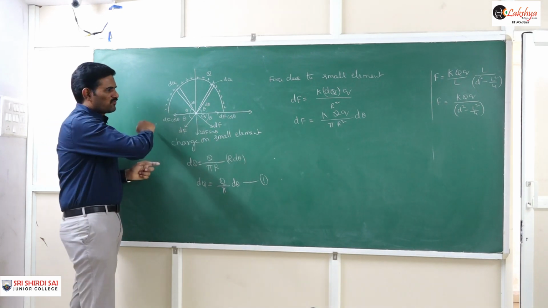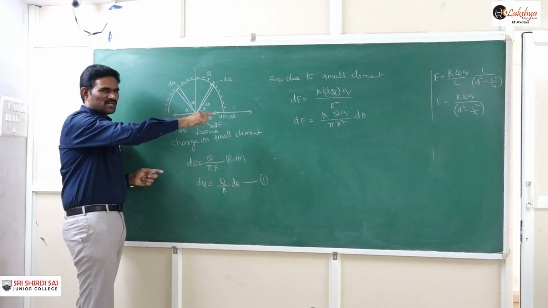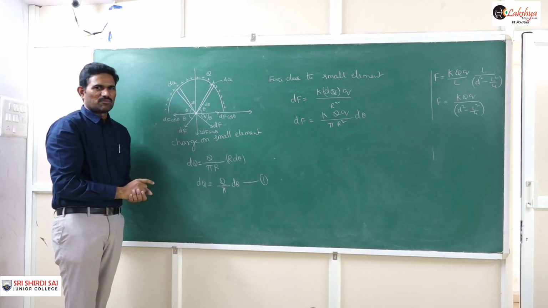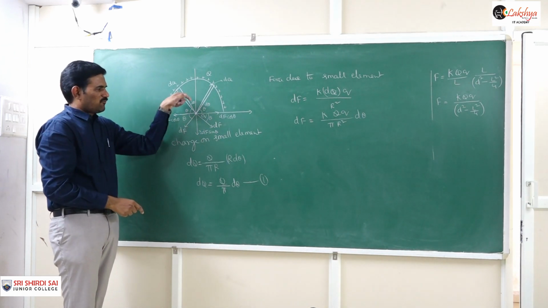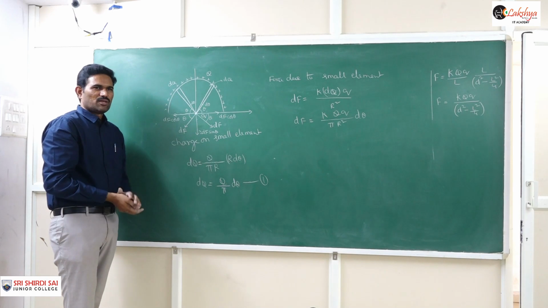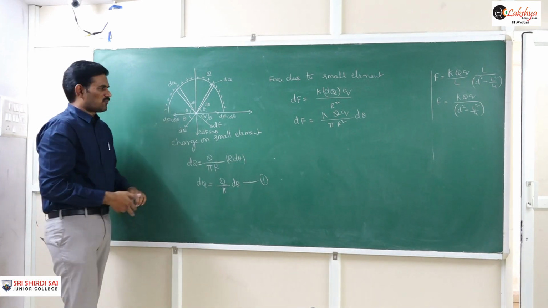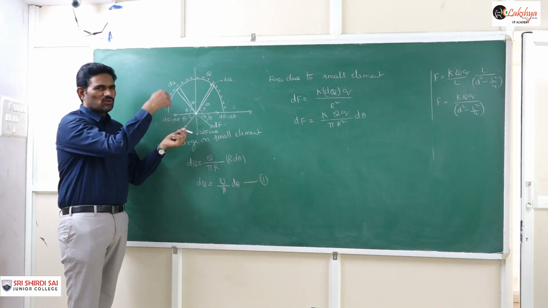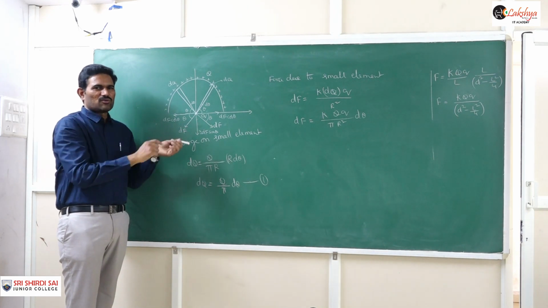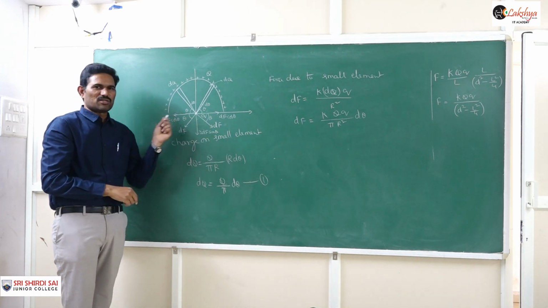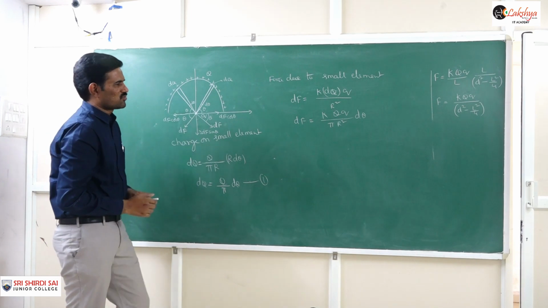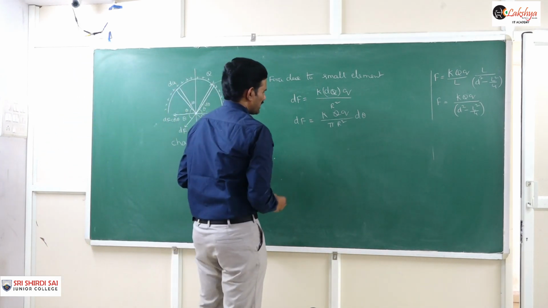And so there is no need of calculating along the horizontal direction, that is along the x direction. We only need to find the force in this y direction, or you can conclude that the net force acting on this point charge will be only in the downward direction, that means along the negative y direction. There is no force acting along this x direction here. That is our conclusion. And so now I am directly integrating that.